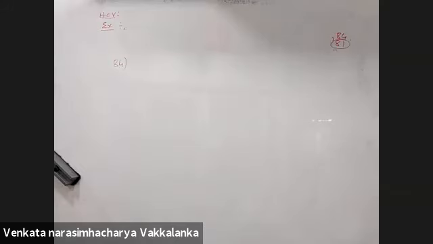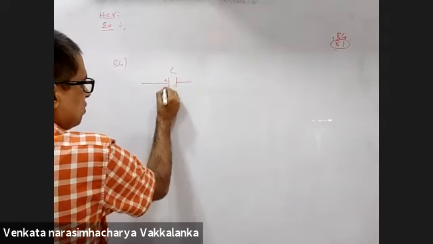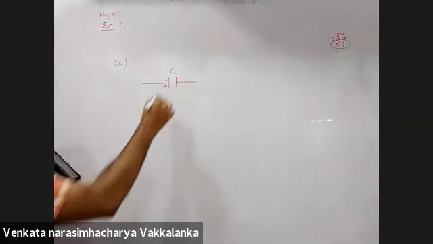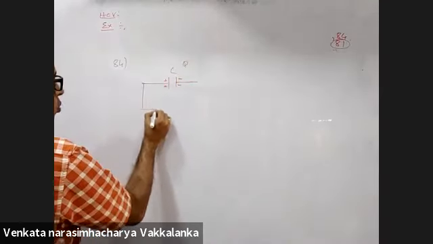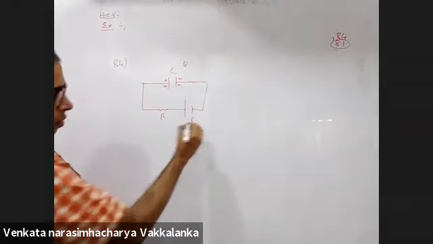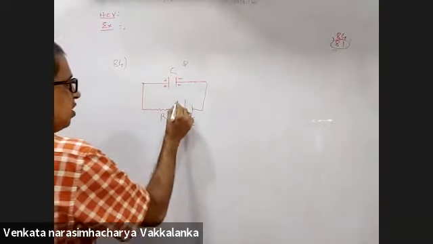84. The capacitor C is given a charge Q at time t equal to 0 and is connected to an ideal battery of EMF E through a resistance. Find the charge on the capacitor as a function of time. Capacitor C is given an initial charge of Q, capital Q. Now through a battery and a resistance R, you have connected it. Find the charge on it as a function of time.